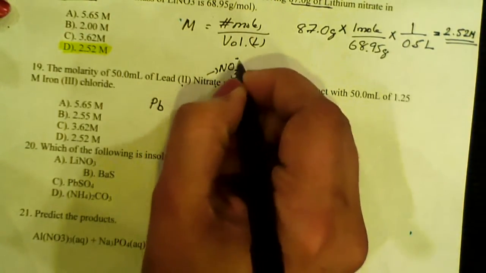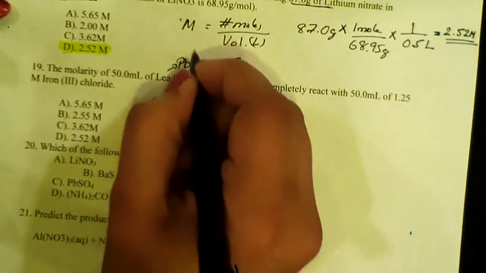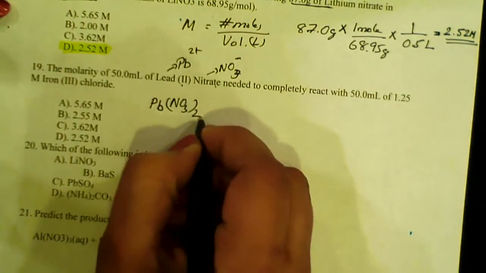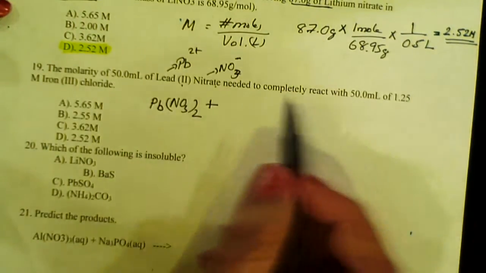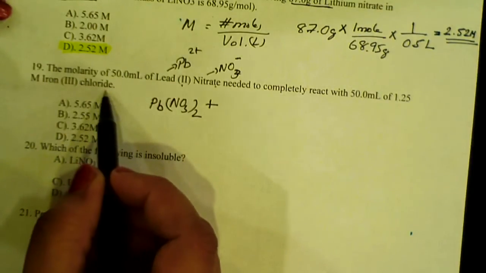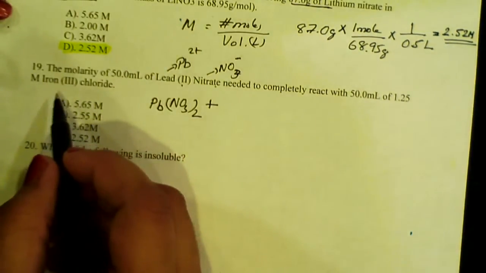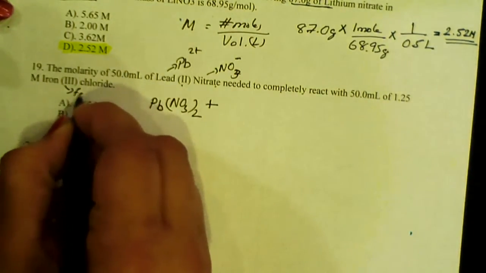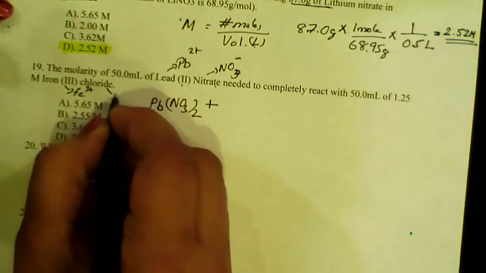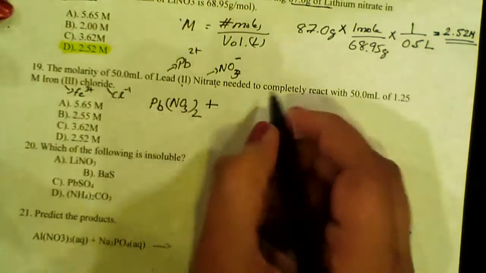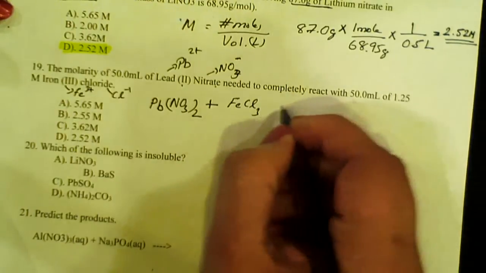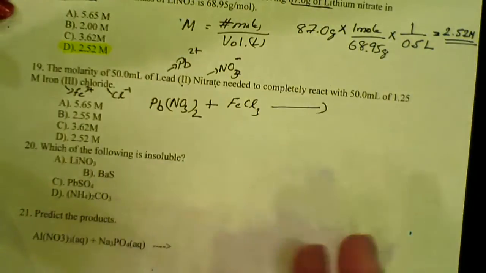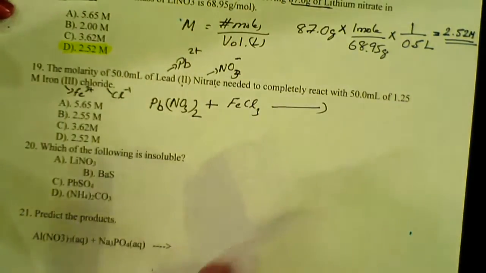What is the molarity of 50 ml of lead nitrate needed to completely react with 50 ml of 1.25 molar iron 3 chloride? So you have the compound lead nitrate, its charge is positive 2. So its formula is going to be, nitrate has symbol NO3 negative and lead is Pb2 plus. So when you interchange, you will end up with Pb(NO3)2, plus iron 3 chloride,